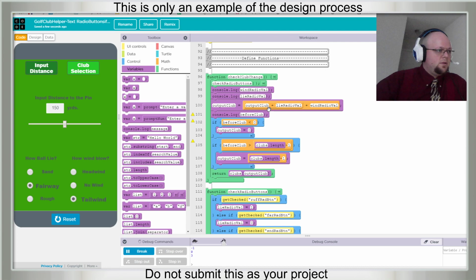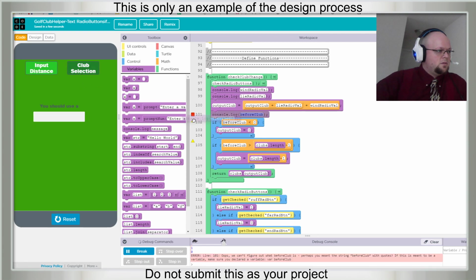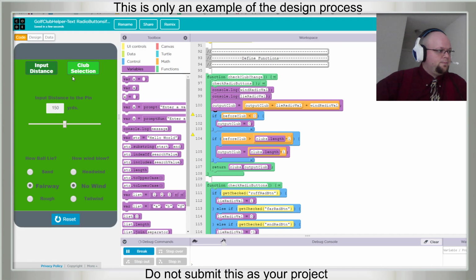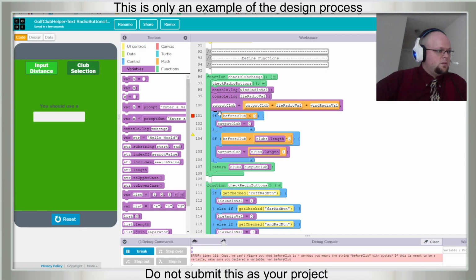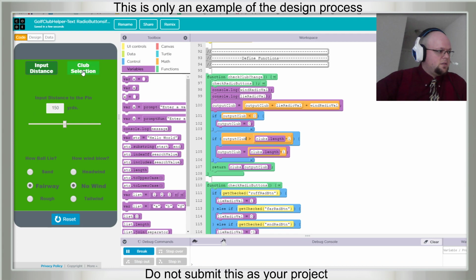Let's, output club gets output line radio. There's nothing called before club anymore. This is called refactoring, and it's fun. Or debugging, I should say.